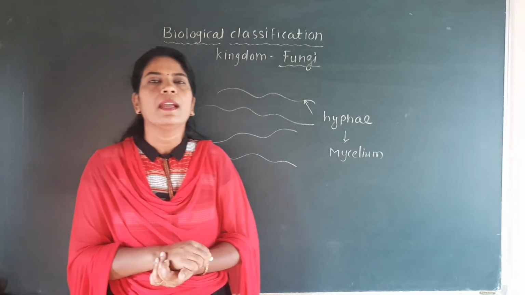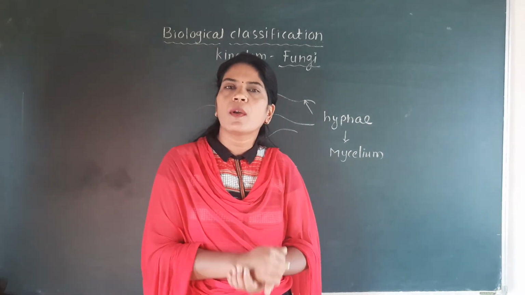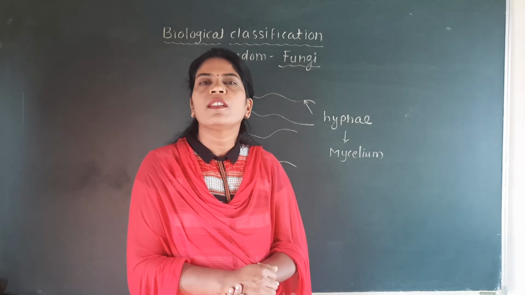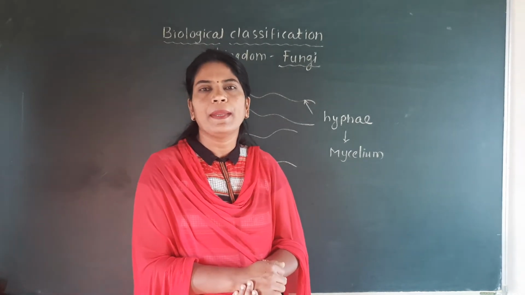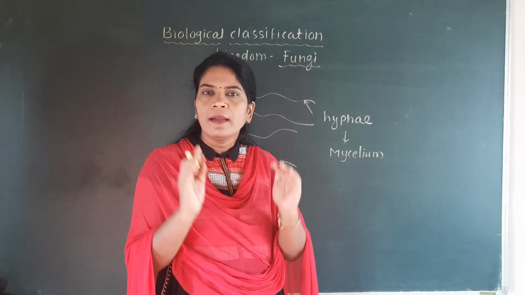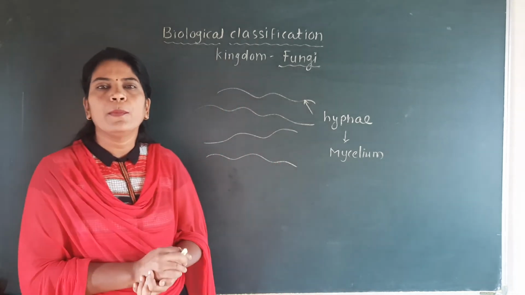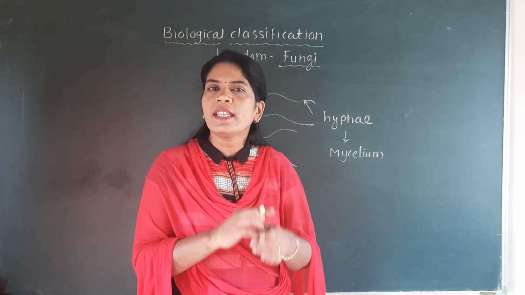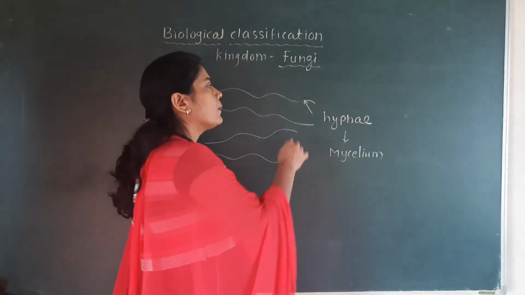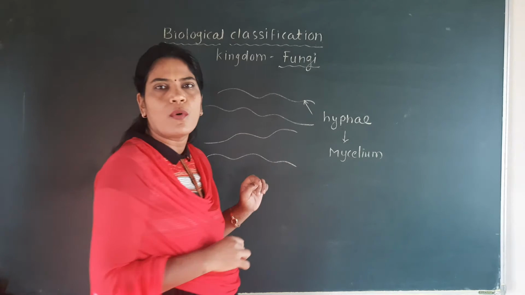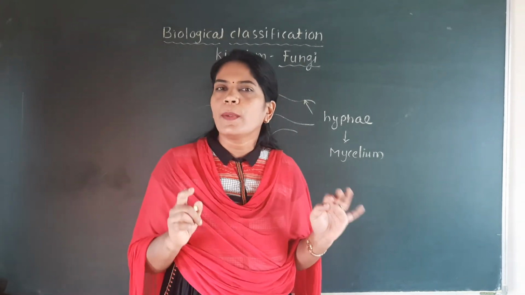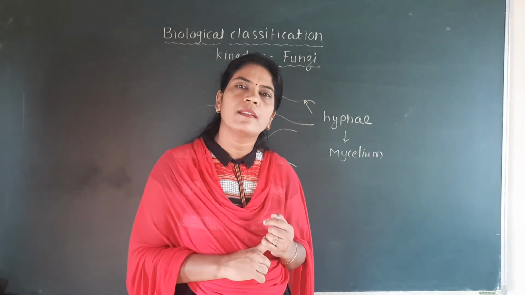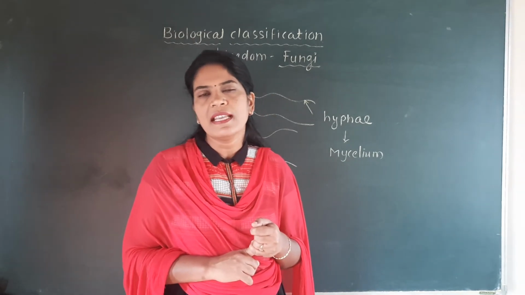If we enlarge the structure of this hyphae, you will find there are two types of hyphae, called cenocytic hyphae and septate hyphae. But make it clear that hyphae are thin filamentous thread-like structures which have a covering, and the covering of the hyphae is called the cell wall, because the outer covering of any organism is called the cell wall. So this hyphae is also surrounded by a cell wall.